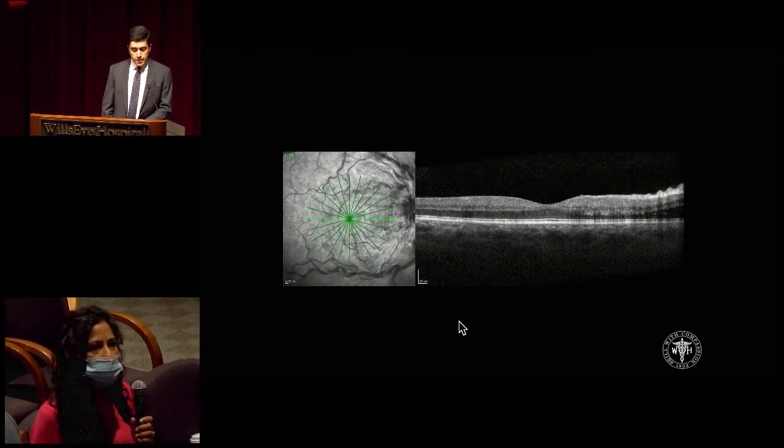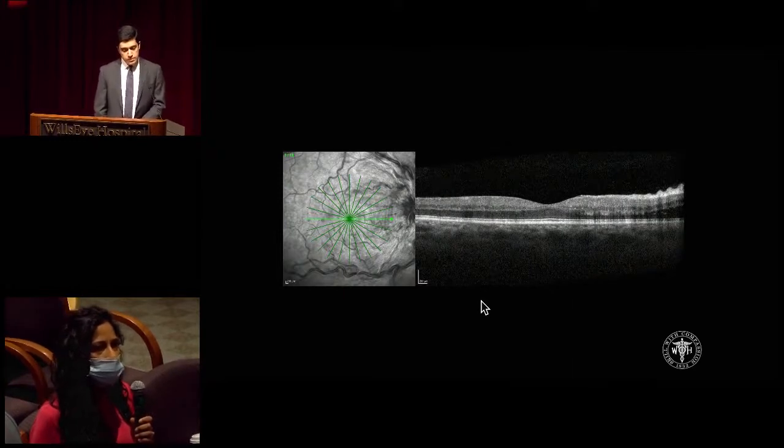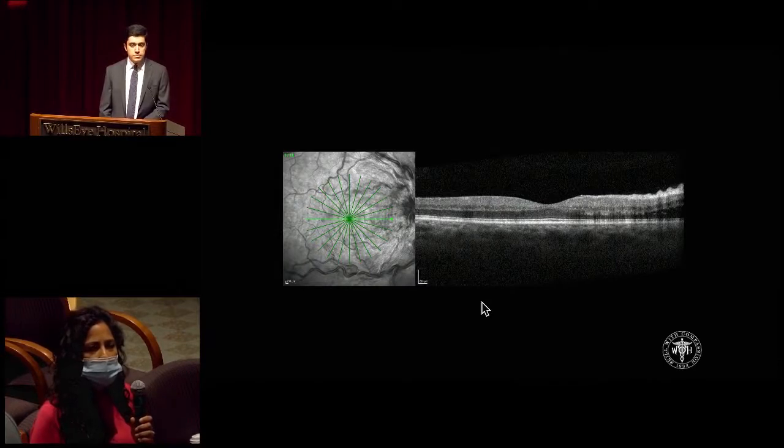Going top to bottom, the vitreous in the OCT scan itself looks nice and clear. I don't see any hyperreflectivity. Looking at the nerve fiber layer, closer to the disc nasally, you see this undulating pattern, possibly correlating to some folds that you may see on the fundus exam. And then you see this area of hyporeflectance, maybe correlating to some intraretinal fluid, possibly tracking from the nerve,